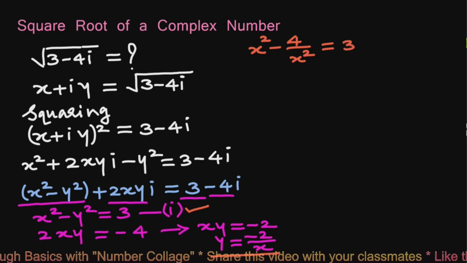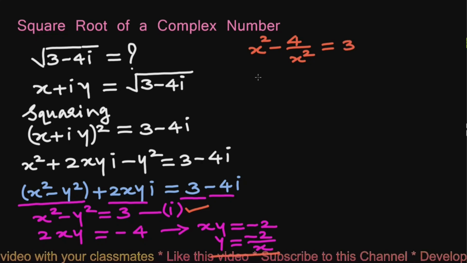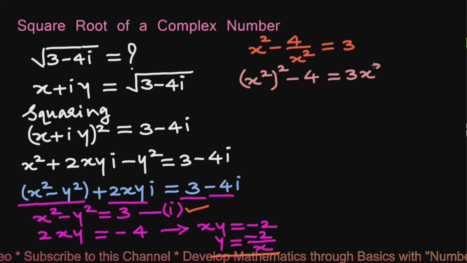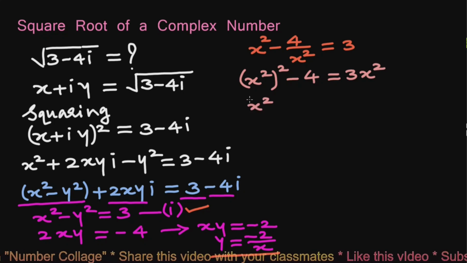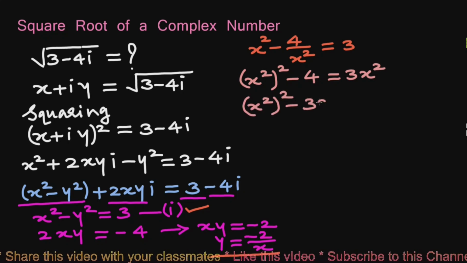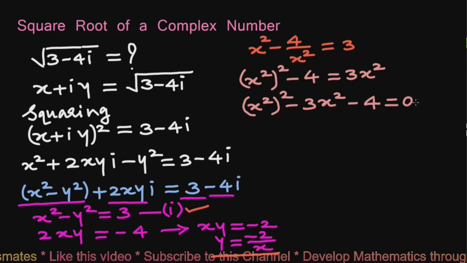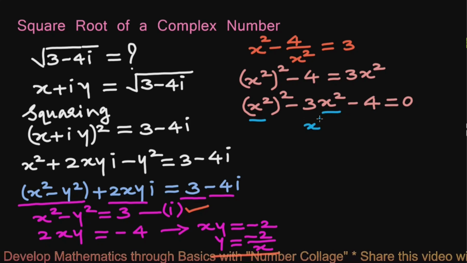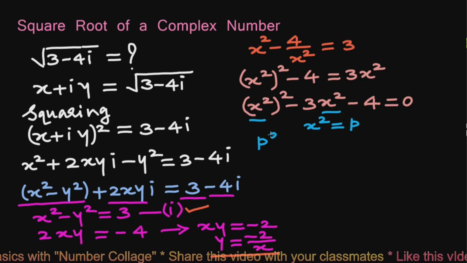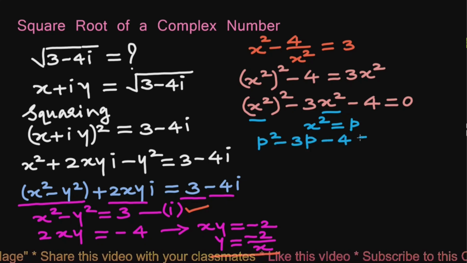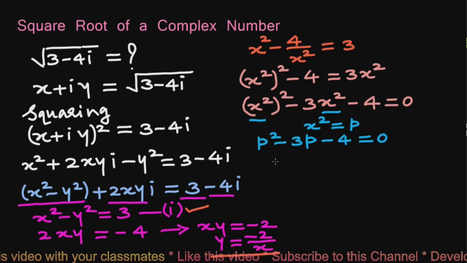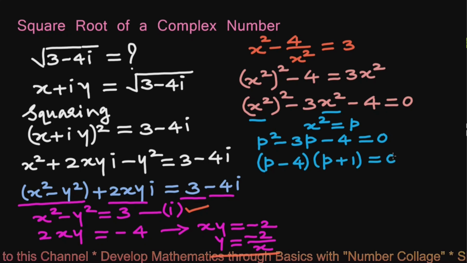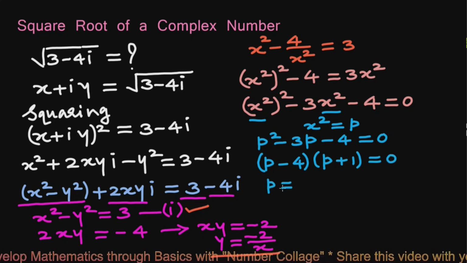Now we will multiply throughout by x square, that gives square of x square minus 4 equals 3x square. Rewriting this as square of x square minus 3x square minus 4 equals 0. This is a quadratic equation in x square. Substituting x square equals p, we write p square minus 3p minus 4 equals 0. This can be factorized as p minus 4 into p plus 1 equals 0, which gives p equals 4, that